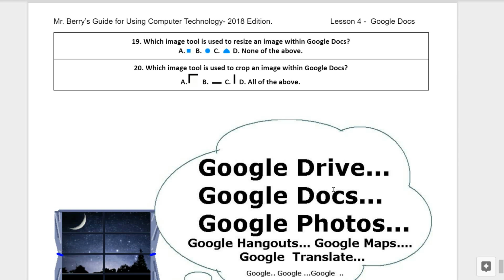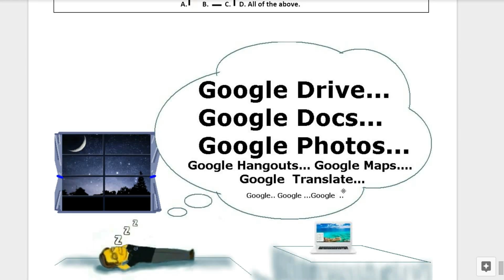Which image tool is used to crop an image within Google Docs? Is it A, B, C, or D, all of the above? Well, that completes our lesson number 4.